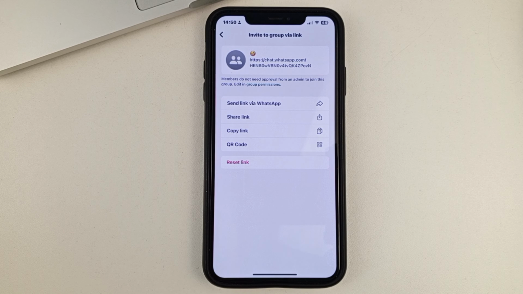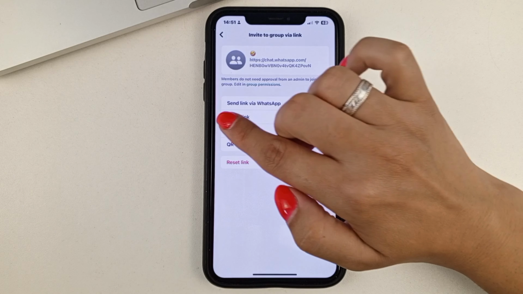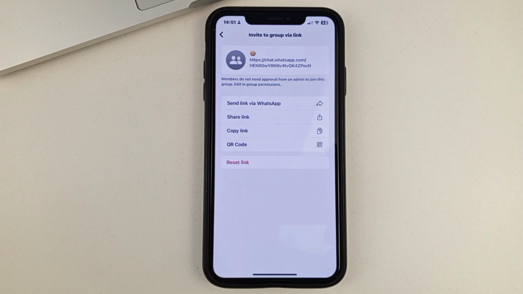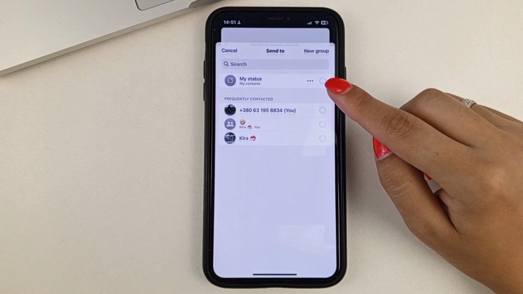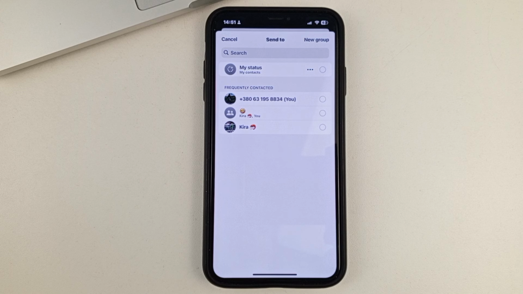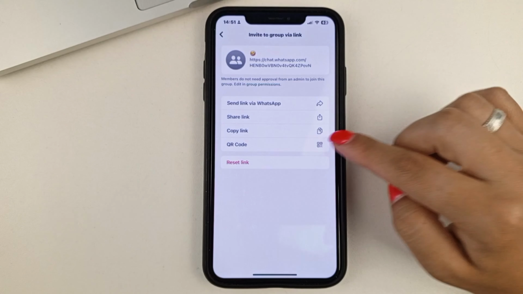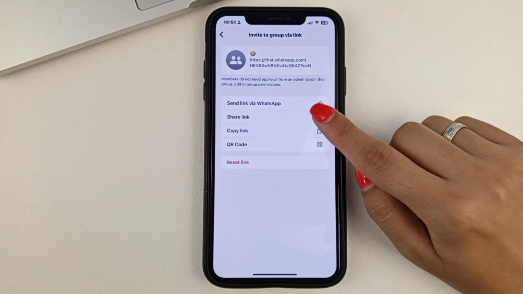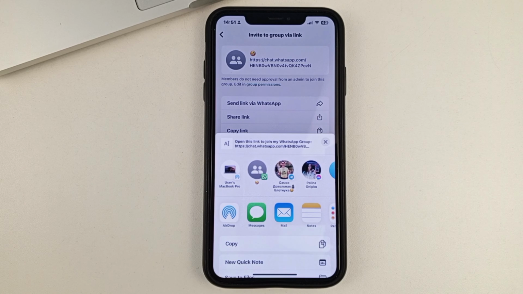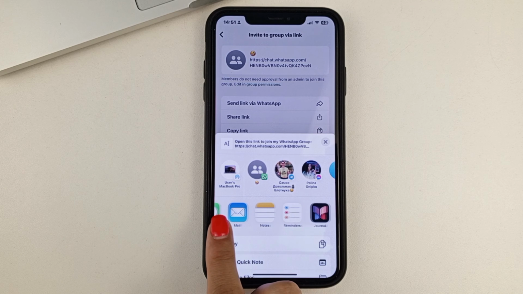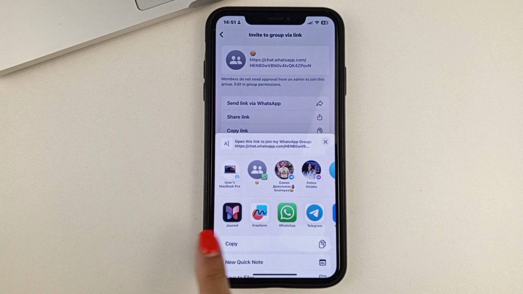Now, as you can see, here you can choose a few options on what you can do with the link to a particular group in WhatsApp. So, the first option, you can send it to some user in the same WhatsApp. So if you click here, it will show you all the users, all your contacts in WhatsApp, and you can send this group to someone. Further, you can send this link not only in WhatsApp anymore. You will be able to send, for example, via email, via Telegram, Facebook, and so on.